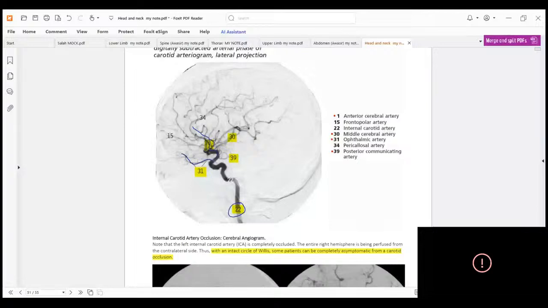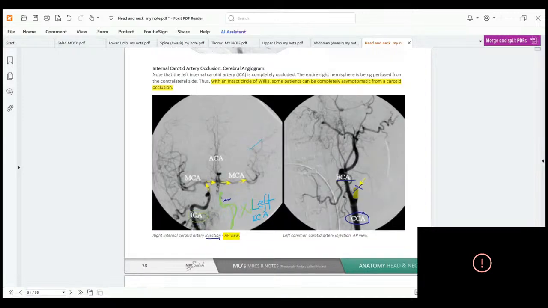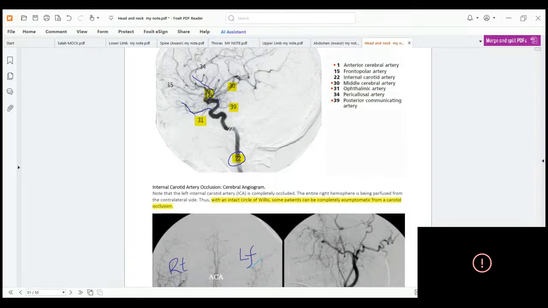Actually, this is a lateral view, half of the picture. This is the full picture. I mean, this is right and this is left. Suppose you are watching him from his back side, and this is his picture. But in this picture, you have cut his head through the cerebral hemisphere, and you are looking only at the right section from the medial surface. So you can see this is anterior